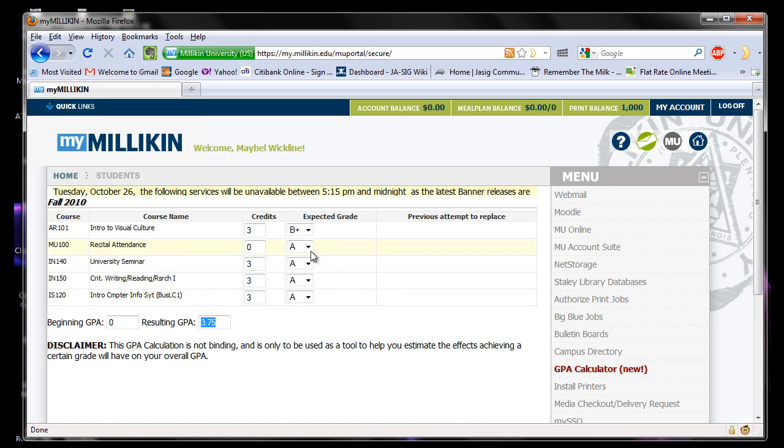The user can use this to help them determine potentially what grades they need to receive in certain courses to help maintain certain GPA levels for scholarship requirements, or just to help their overall scholarship at the university. Again, the user can go through and select their grades and see the resulting impact on their GPA by those affected grades.